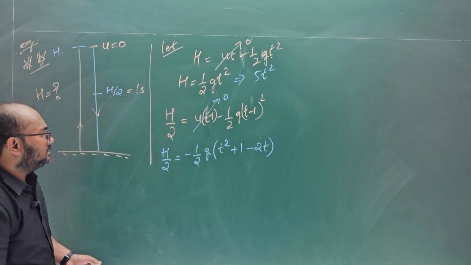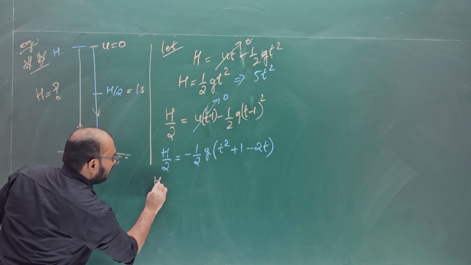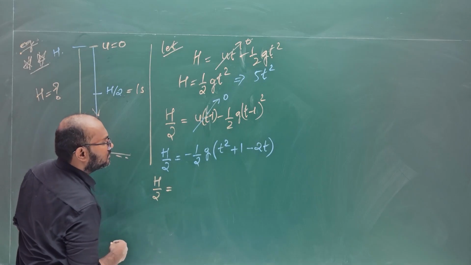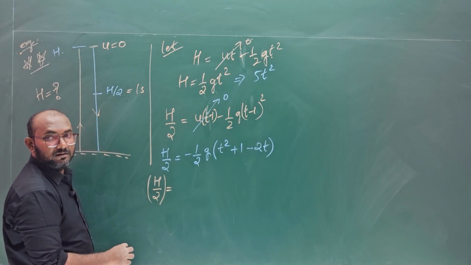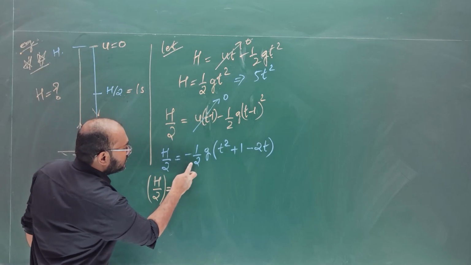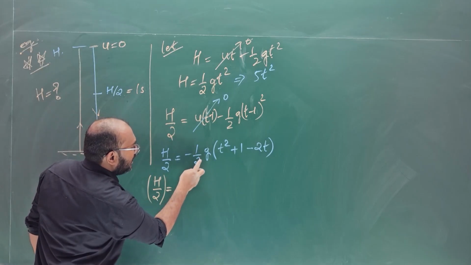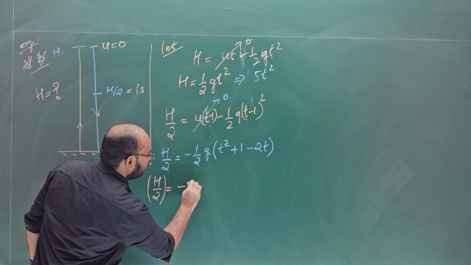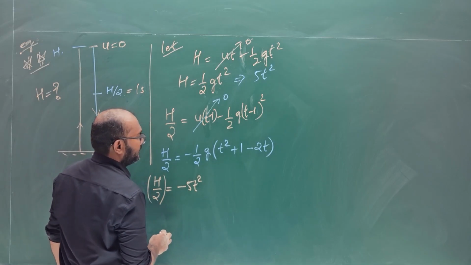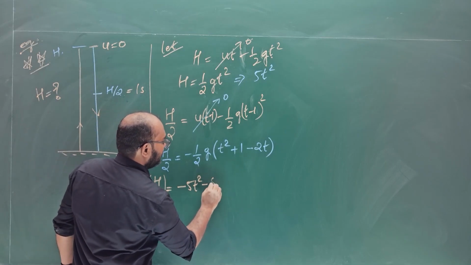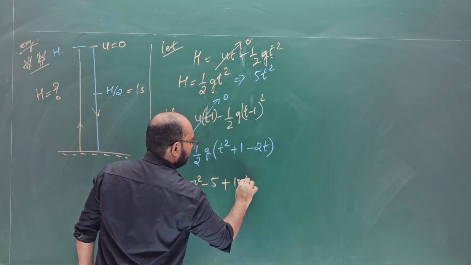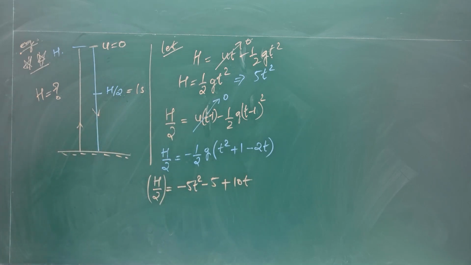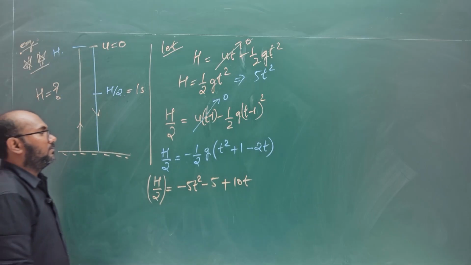And for this, can I write h by 2 is equals to... arre, ye h by 2 height hai beta. Okay, so half this becomes 5. So minus 5t square minus of 5 plus of 5 to 10. Can I write like this? Can I? Okay, now